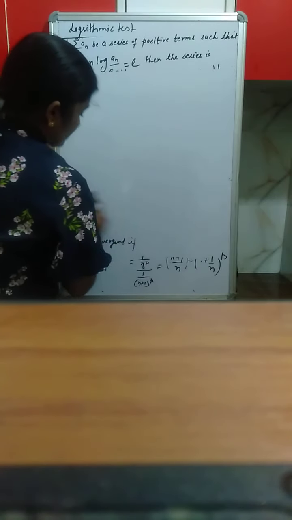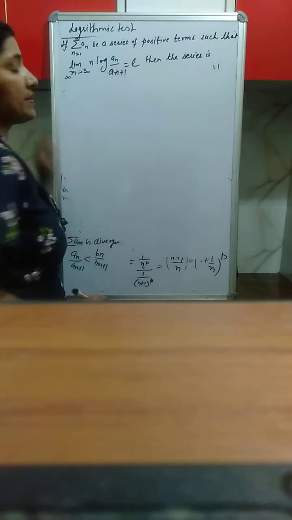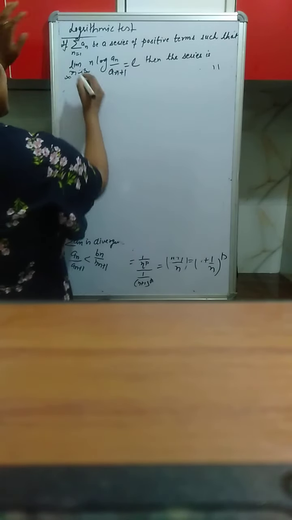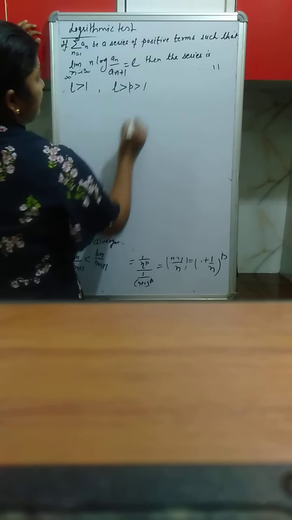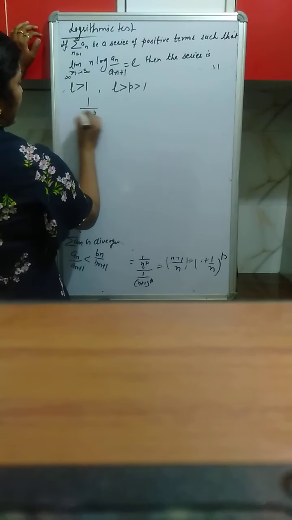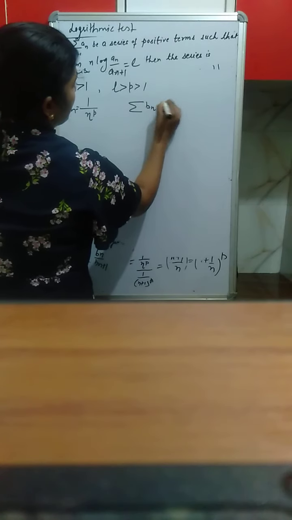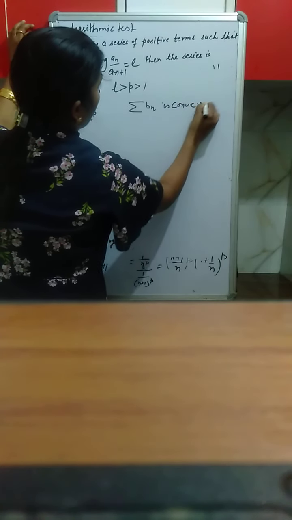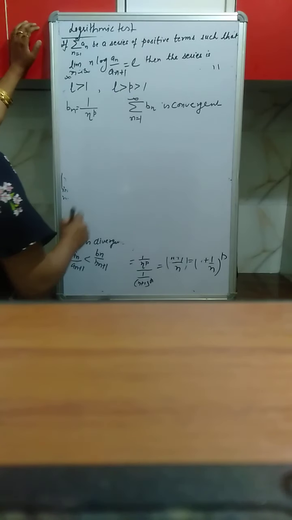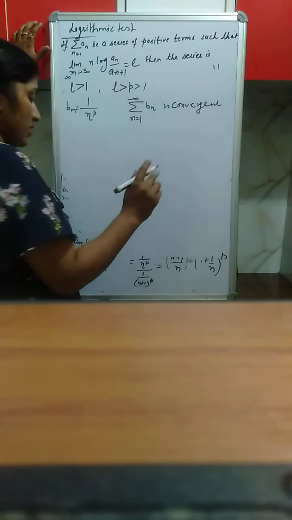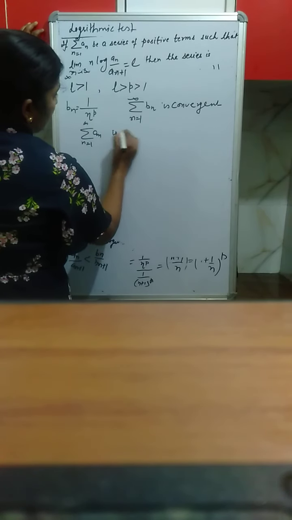So in this case we will make the expression of this form, n log An upon An plus 1. So again we have taken the case L is greater than 1 and we will choose a number P such that L is greater than P greater than 1. We again take Bn as 1 upon n raised to the power P, and the series summation Bn is clearly convergent because P is greater than 1 and the hyperharmonic series is convergent if P is greater than 1. So by comparison test 6th form again, summation An is convergent, from 1 to infinity,